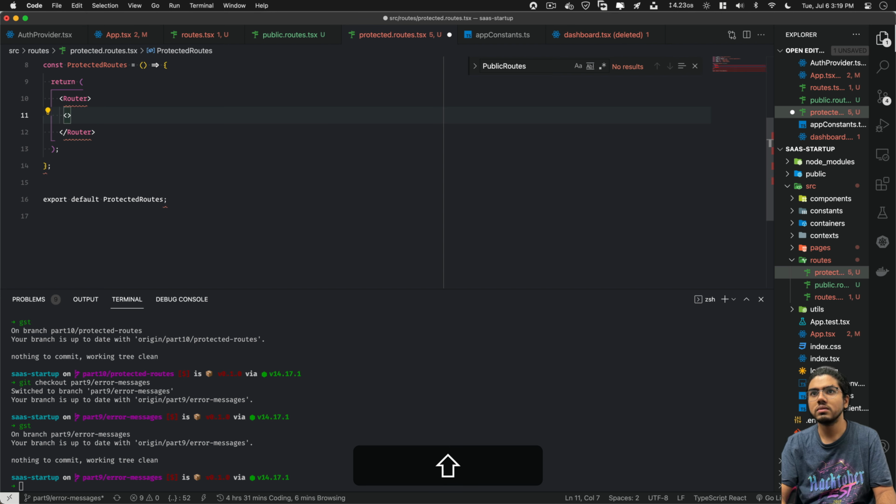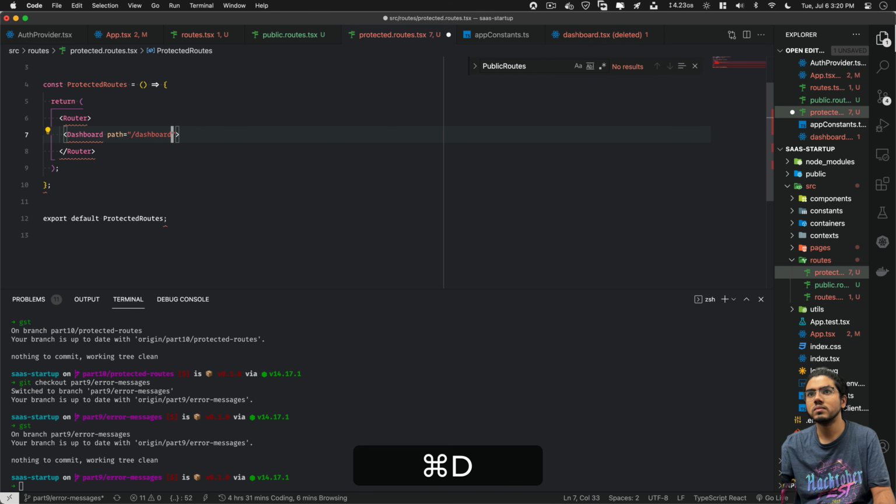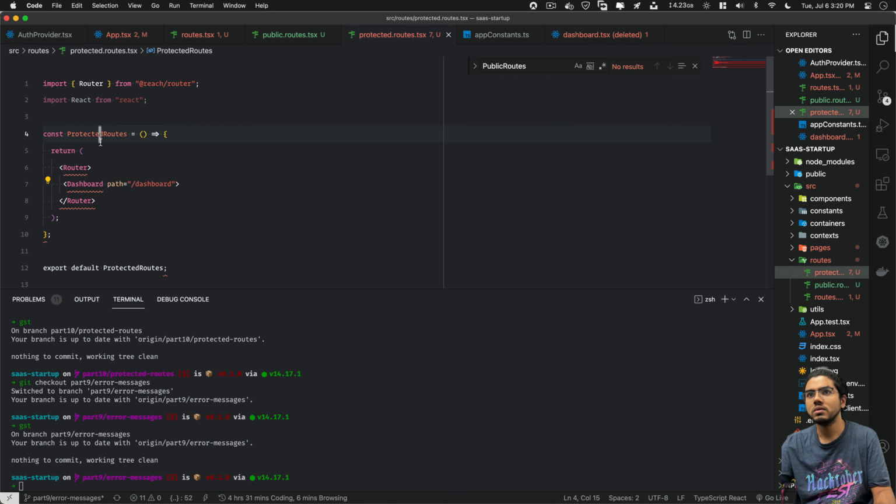Let's keep one dashboard component as a protected route. Dashboard. Yeah, so let's create a dashboard page also.